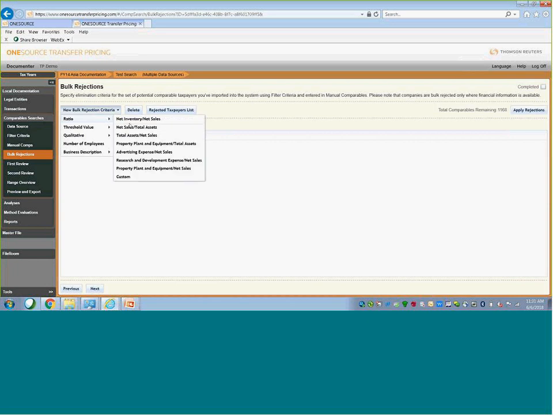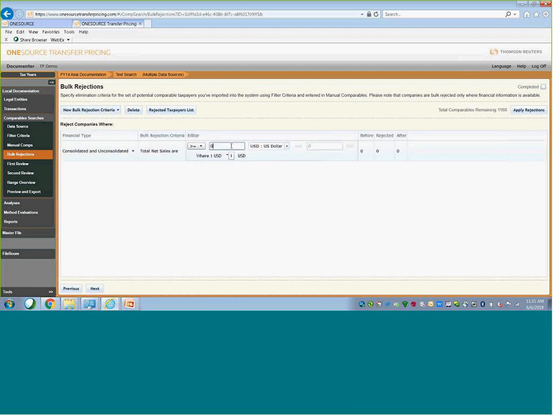So we preset filter criteria. You can see it's quite comprehensive, but we also provide you the option to create your own custom criteria. I'm going to show you a simple example so you can get a sense of how this is used. For example, I want to say total net sales. If it's greater than, or rather, if total net sales is lesser than or equal to $1 million, I want to reject it. So I'm really